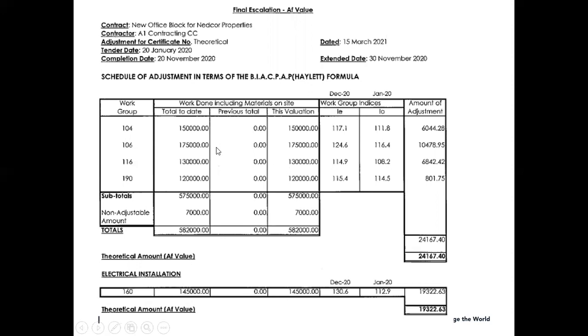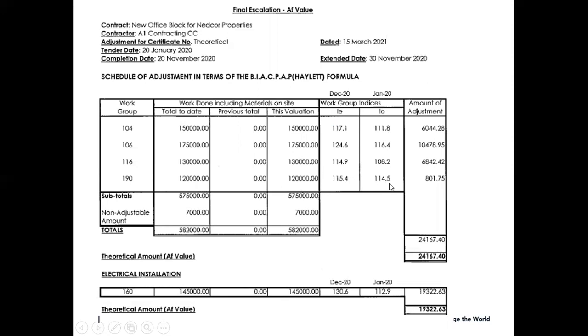If we take the 150,000 Rand for, let's say, earthworks, we all know that earthworks is done in the beginning of the project. Now, with the theoretical amount, the AF, we'll take the 150 and we spread the 150 from day 1 right up till the end. If it's a 12-month contract, you'll take the 150,000 and you spread it over 12 months. The same for, let's say, preliminaries and general or P's and G's, you'll take the 120,000 and you spread it